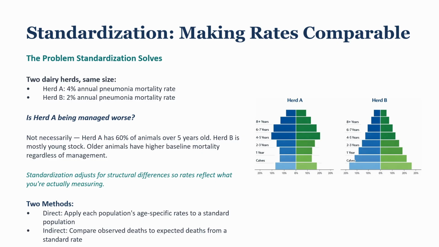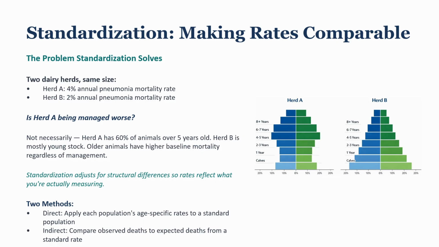Herd A has a 4% annual pneumonia mortality rate. Herd B has a 2% rate. Naively, you might conclude that herd A is being managed more poorly, but herd A's population is predominantly older animals who have higher pneumonia mortality regardless of management. Herd B is mostly young stock who are more resilient. The difference in crude rates may be entirely explained by the age structure of the two herds, not by any